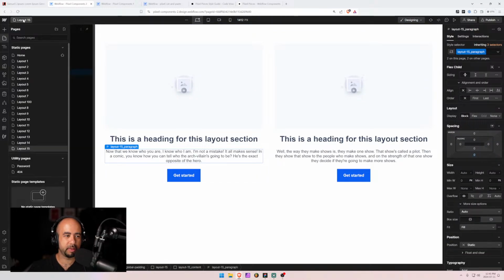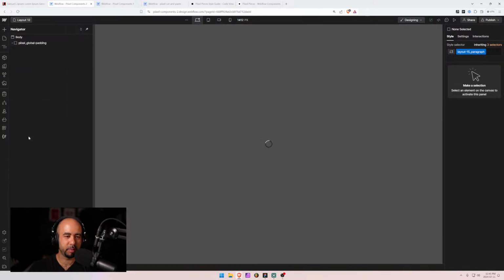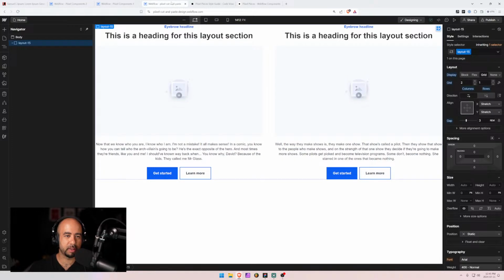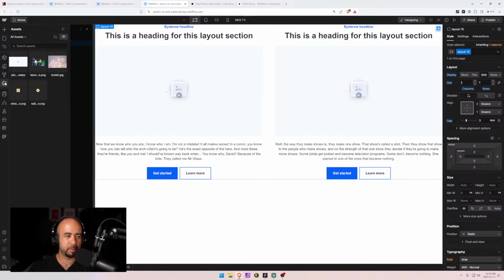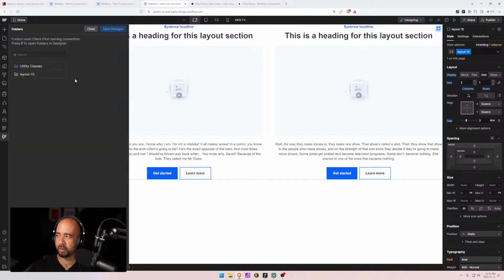That's layout 15. Now I have to redo this whole thing. I have to redo layout 13 again. Actually, I might have it right here. Oh, that was annoying. I don't think I've ever done that before. Usually I've been pretty good at not messing up where I'm building, but